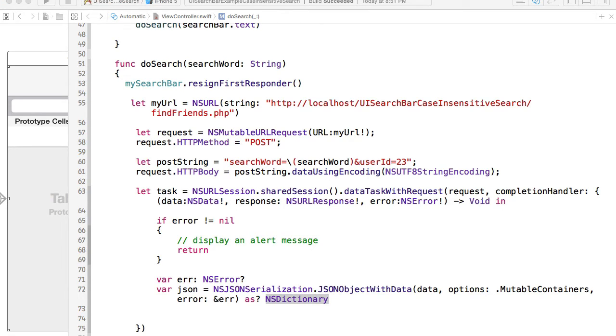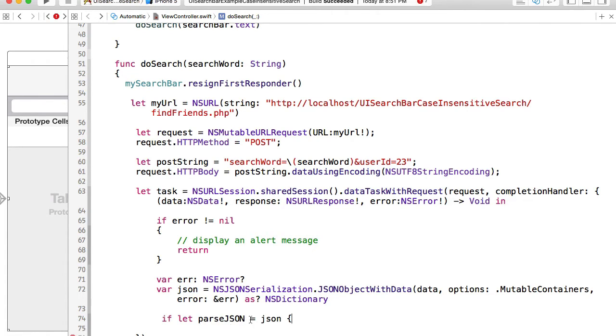And then we will check if our JSON variable is not empty. So we will use if let, and then basically check if our JSON holds any data, and if it does, we will assign it to our parse JSON variable,